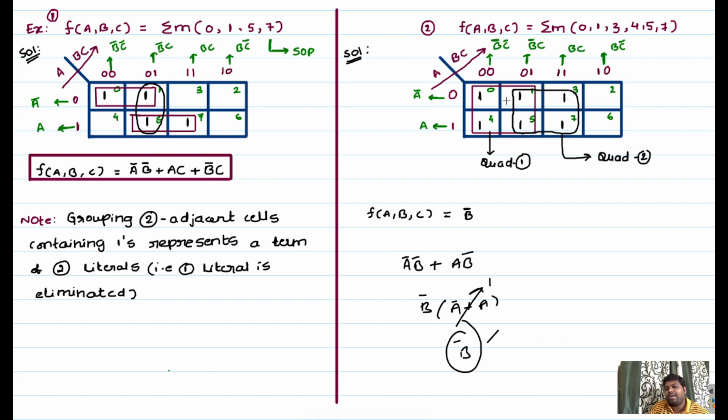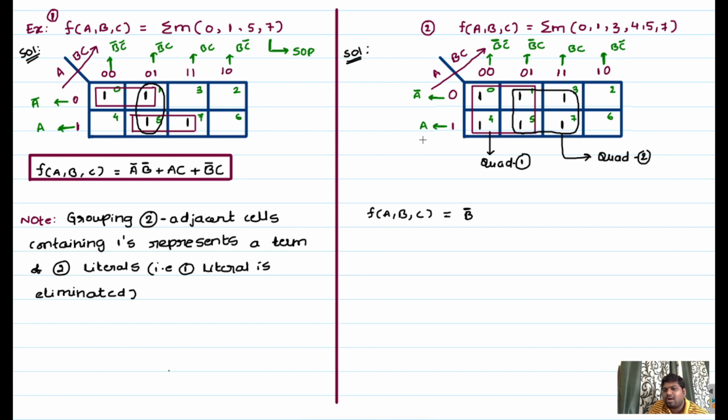Okay, if you simplify individual terms, it will take more time. So because of this K-map, time also reduces while solving the minimal expression. So that is the advantage with this K-map method. And now this is B bar, and next if you observe this quad 2,